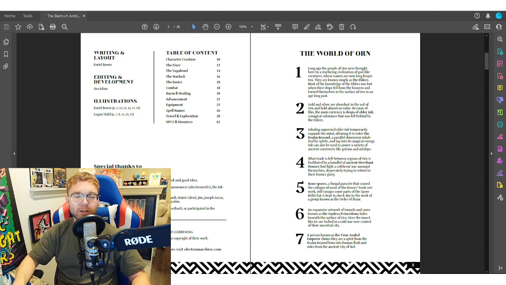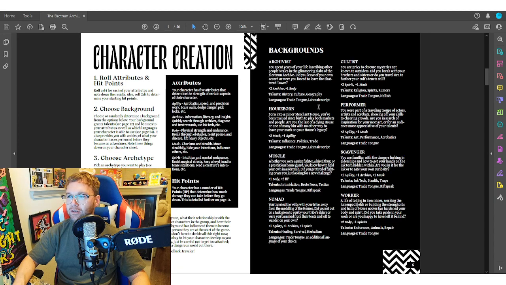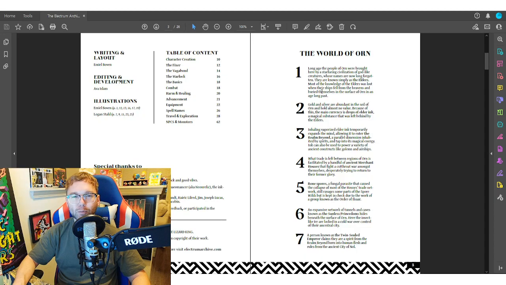First, to start off here, let's go through the world of Orn and show you why this science fiction fantasy world is worth getting excited about. One thing that I like that starts off here is it breaks out in the rulebook and shows you 7 areas where you can get a glimpse of what's going on in the world. The way that it starts off is it says at the first part, long ago, the